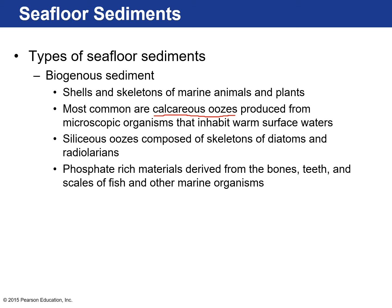And calcium is a dissolved solid in the ocean that's in high abundance. So organisms usually pluck that out to create their shells. And when they die, their shells rain down on the bottom of the ocean floor, and they accumulate into these calcareous oozes. There are also siliceous oozes. So some